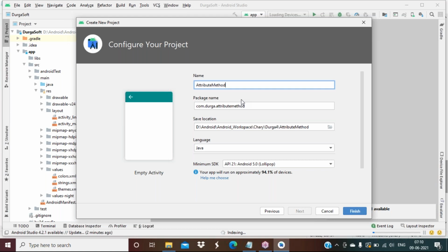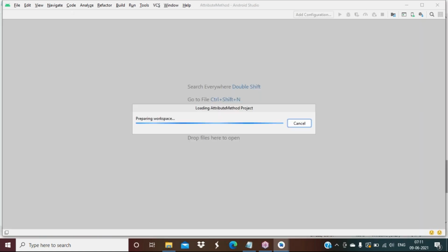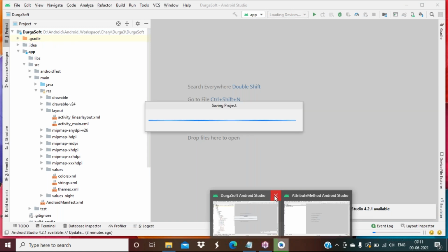Okay, so here it is showing package name as Durga attribute method. Okay, fine. Attribute method. Let's finish it. It will take some time. The previous one which I have opened, I don't require that. Just close it.